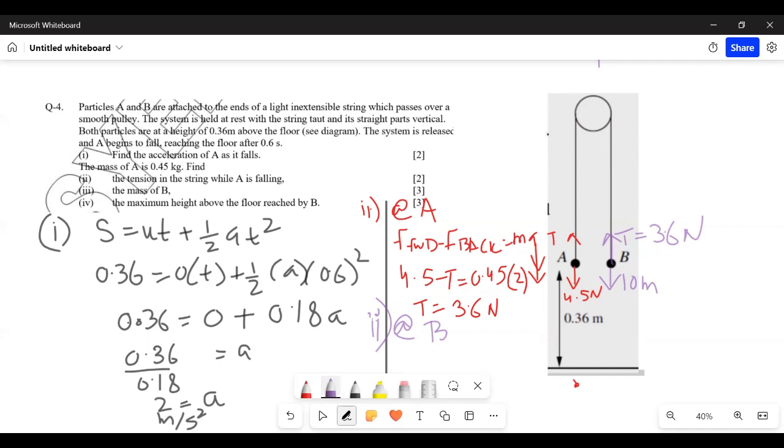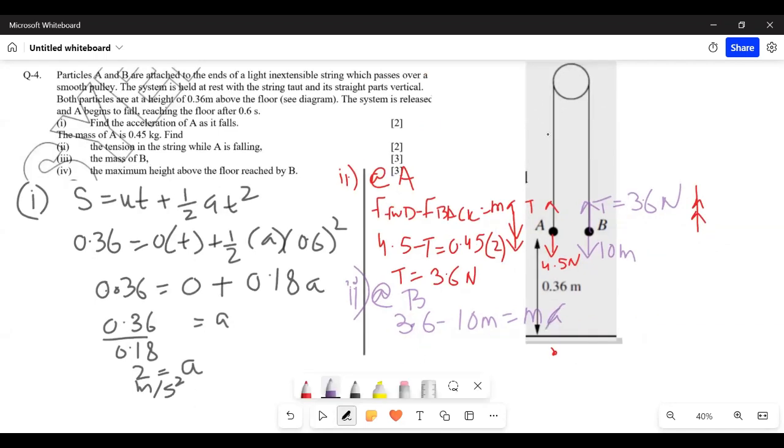अच्छा, फिर इसमें अब एक गलती की है कि इसमें फॉरवर्ड फोर्स 10m तो नहीं होगी। B नीचे तो नहीं जा रहा, B तो ऊपर जा रहा है, A नीचे जा रहा है। तो फॉरवर्ड फोर्स 3.6 न्यूटन से। 3.6 minus 10m equals ma. और a हमें ऑलरेडी पता है 2 है क्योंकि कनेक्टेड पार्टिकल्स हैं। एक की अगर एक्सेलरेशन 2 है तो इसकी भी 2 है। अब m निकाल के बताओ। 0.3, 0.3 kg, ठीक है।